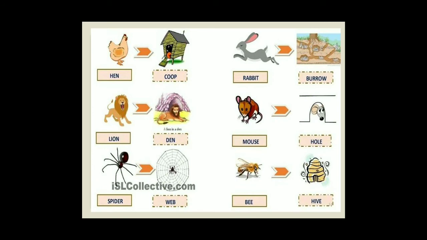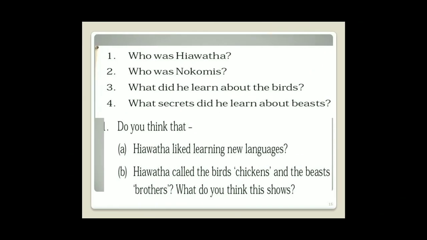Then hen lives in a coop, lion lives in a den, spider in a web, rabbit lives in a burrow, mouse lives in a hole, bee lives in a beehive. So children, after reading and listening to this poem, I hope you all have understood and you can write the